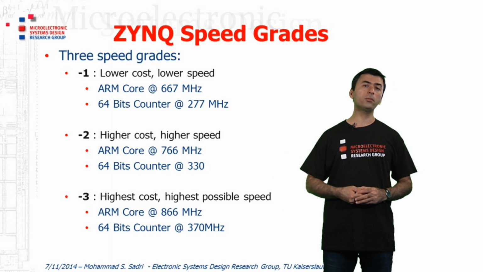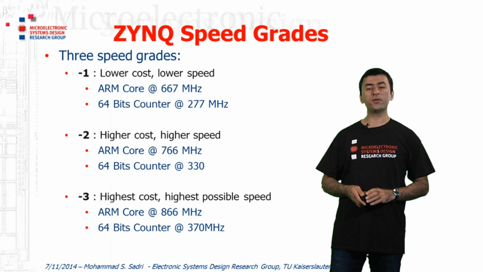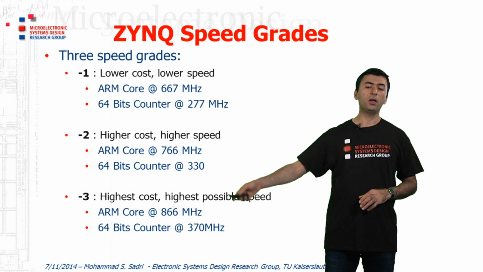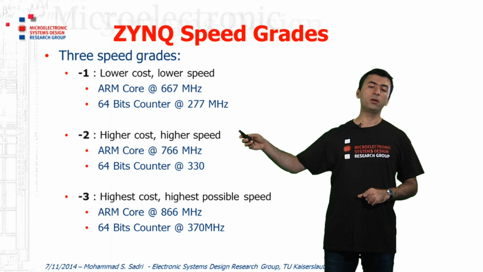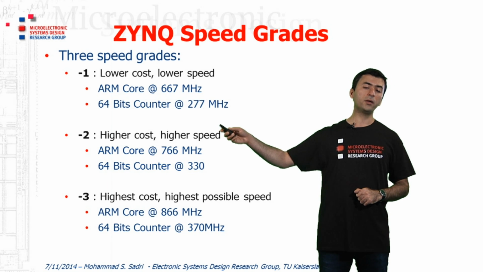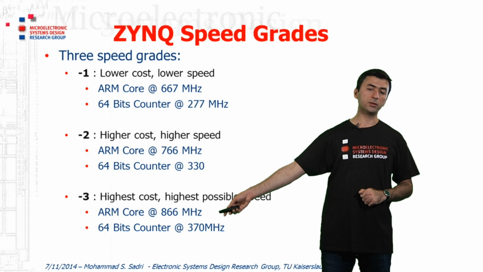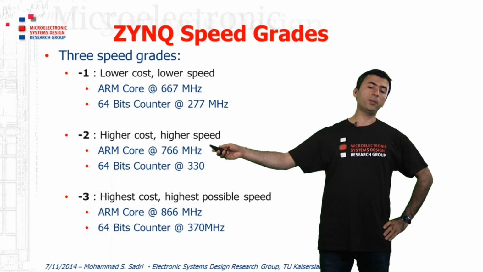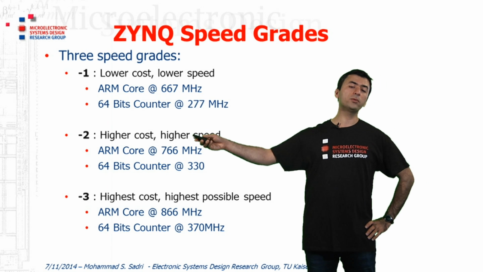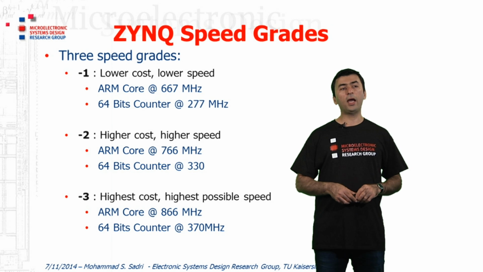And the -1 is the cheapest device. So, how are the speeds? The ARM CPU subsystem in the -1 device can operate up to 667 MHz, while for the -3 it goes over 800. And if you implement a 64-bit counter on the PL of the Xilinx ZYNQ device, and then you